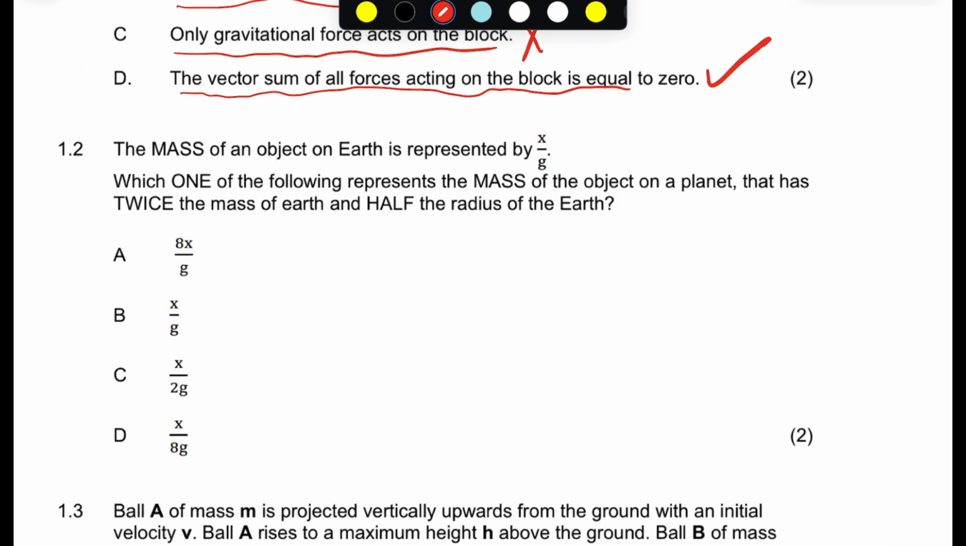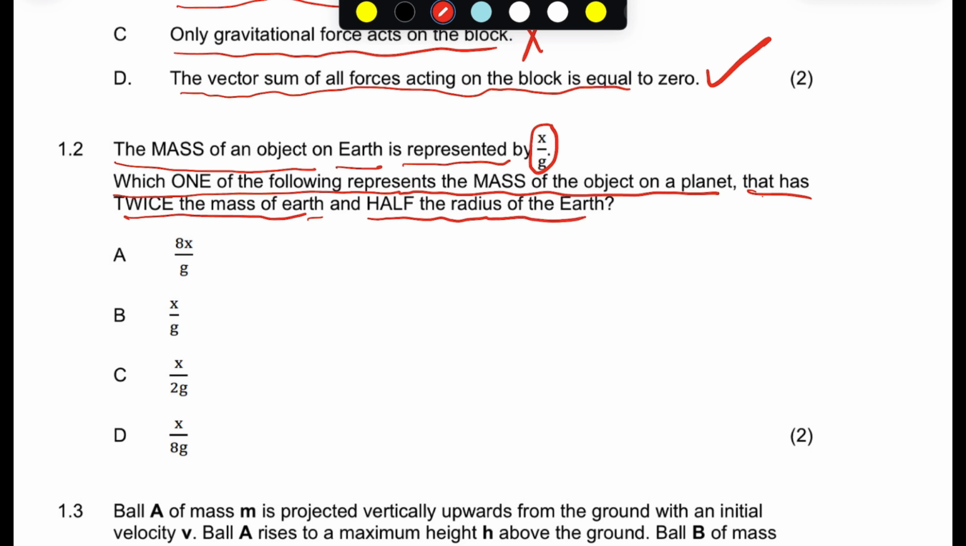Now let's look at question 1.2. It says the mass of an object on Earth is represented by that. So an object has that mass on Earth. Which one of the following represents the mass of the object on a planet which is not Earth, another planet that has twice the mass of the Earth and half the radius of the Earth? Now, one thing that you need to know: when an object is on any planet in the universe,